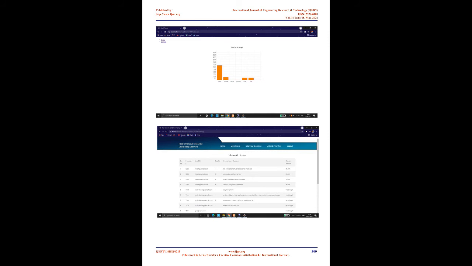Facial expression analysis. When the user is giving the interview, with the help of the webcam, the user's facial expression will be analyzed. When the user chooses to start the interview, OpenCV runs in the background and starts to record video of the interview. This facial expression will be analyzed based on the dataset imported in the system, and this data will be stored in the database. This proposed system will help users who are nervous or anxious while giving interviews.